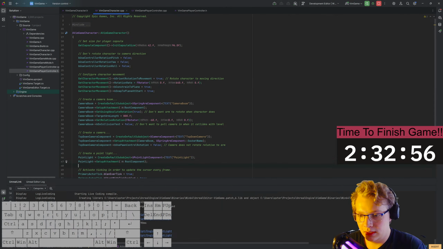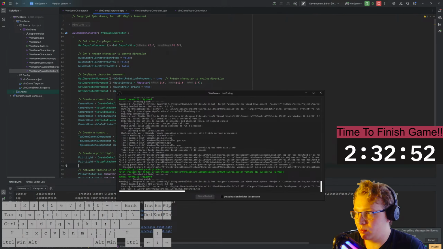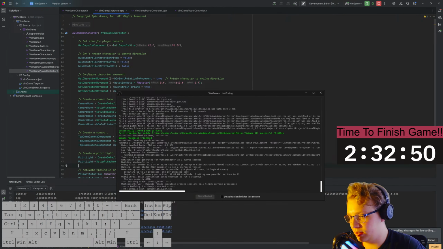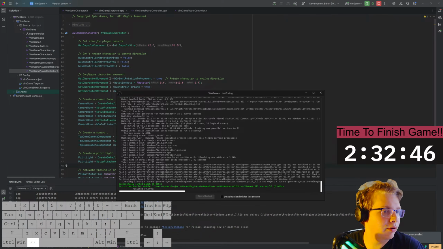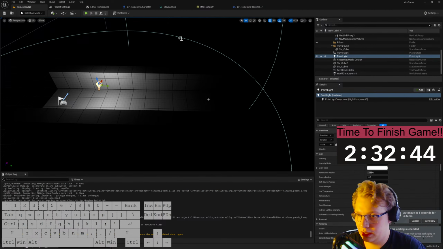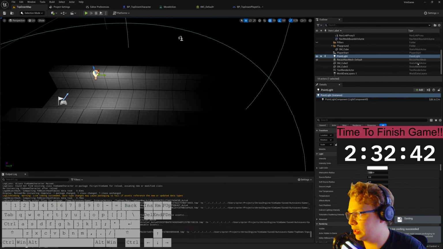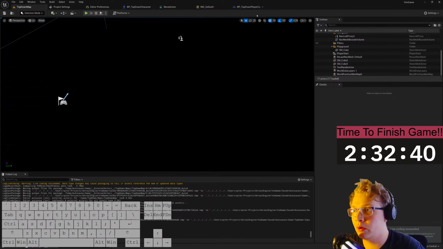All right. And so now that we have this light, let's try building this. Drum roll, please. Hopefully this builds. Please don't blow up on me. And voila, it built. Okay. Then we can go into here. I can remove this point light, and hopefully